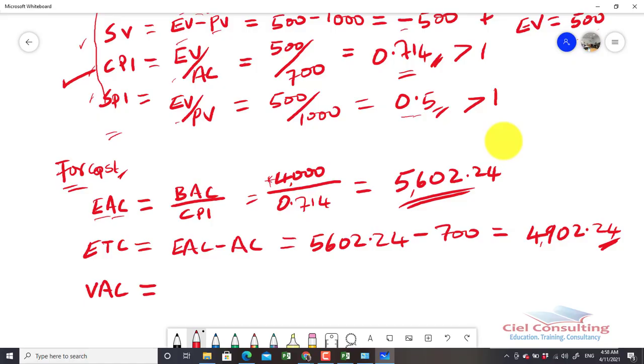Variance at completion measures the difference between the new estimate you've made and the previous budget. So the formula for our variance at completion is your budget at completion minus your estimate at completion. In this case, our budget at completion was 4,000, and then our estimate at completion is 5,602.24. So if we do the maths, 4,000 minus 5,602.24, that would give us